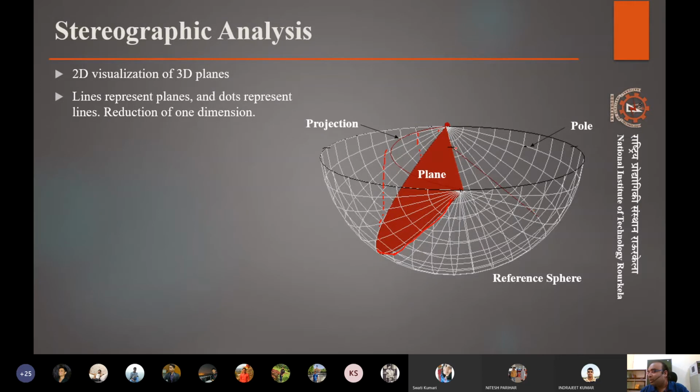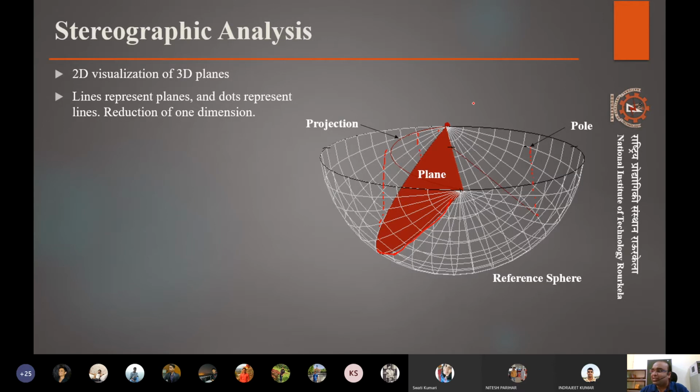If we have a plunge and a trend, and we plot a line in the normal sense, wherever it touches this reference sphere, if that point is plotted on the horizontal surface, this is called a plot of a line. So the plot of a line is reduced to just a point now.